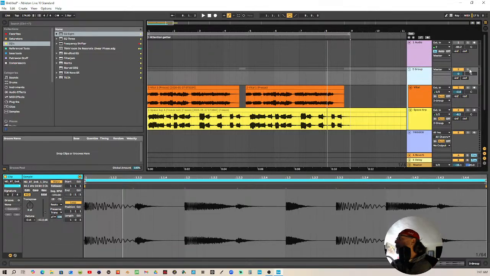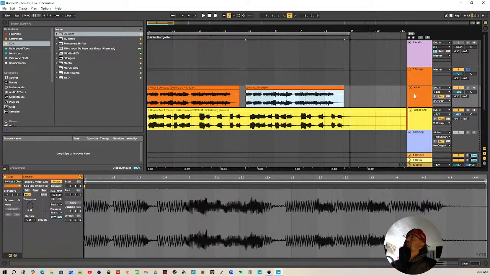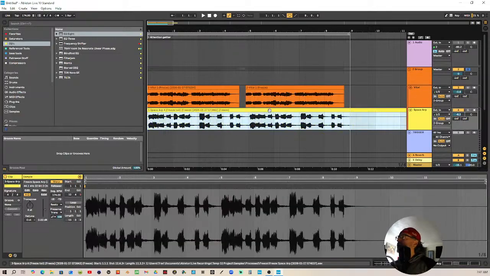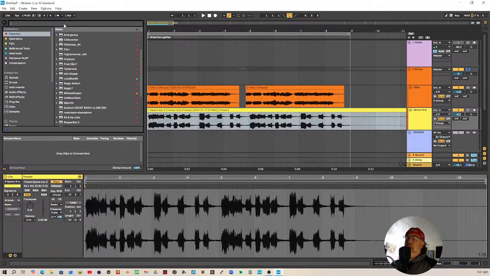Let's say I come in here and I want to create some sounds again. So let's say I want to vocode this bass sound, sidechain it off of whatever this thing is right here. So I grab a vocoder,